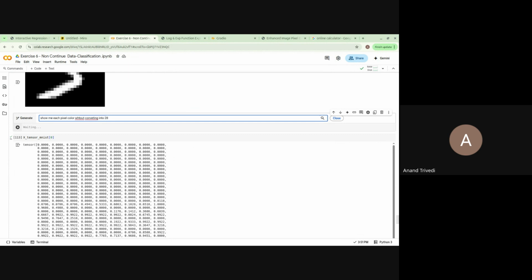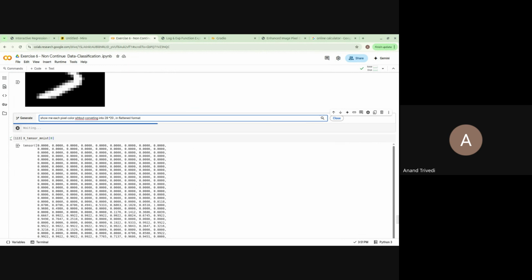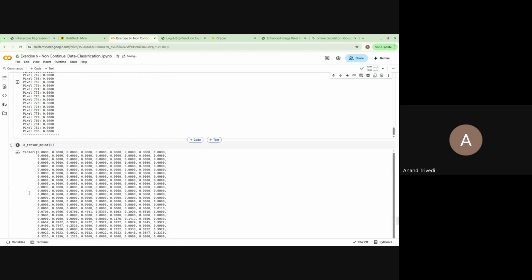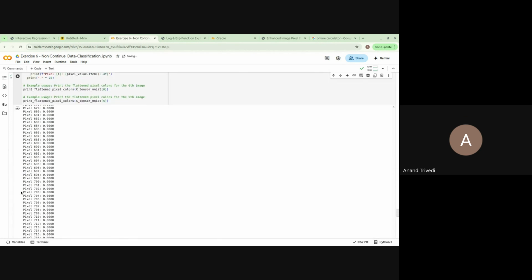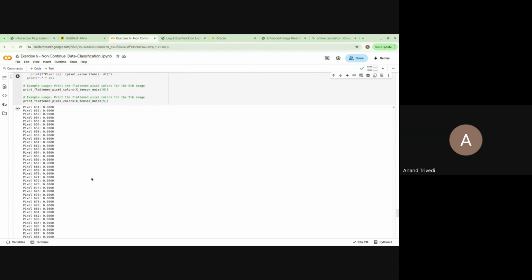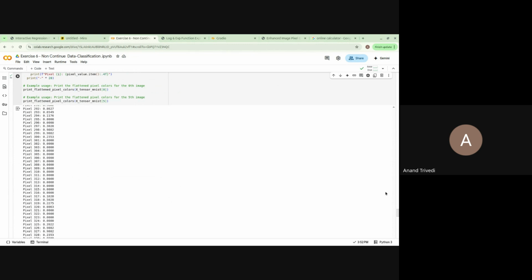28 by 28 in flattened format. It is not showing me colors, it is just printing it out, because obviously it will have to use some library to display, although it has given the value of each and every pixel. If you see, it has given the value of each and every pixel,